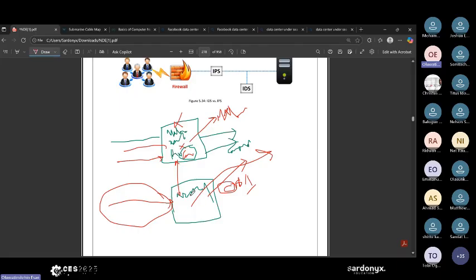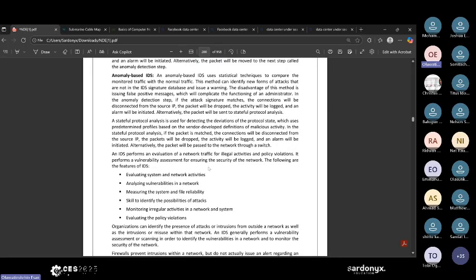And also, if the anomaly detection can be correlated or corrected using signature, it can reduce false positives. So even though it looks like an anomaly, no, it doesn't look like this, it's not in our database. We look at it and are able to solve the problem as fast as possible. So those are the two ways IDS works.